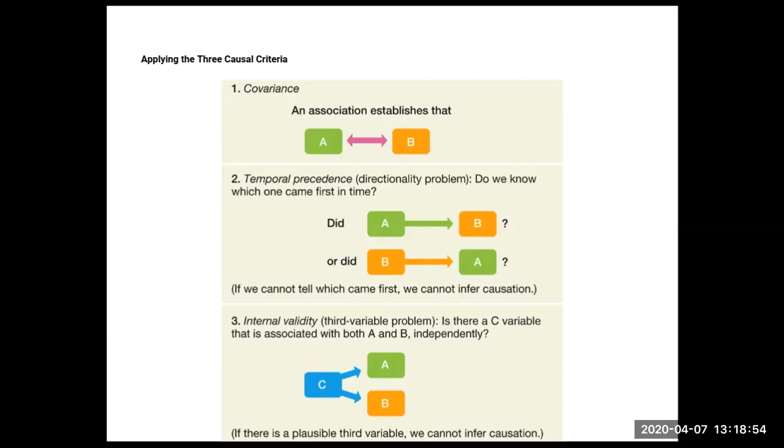So in a correlation, it does not matter if something else causes the relationship between A and B. All we're trying to do is see if there is a relationship between A and B in the first place. So internal validity does not matter in an association claim. We only meet one of the rules for causal claims, which is number 1, covariance.